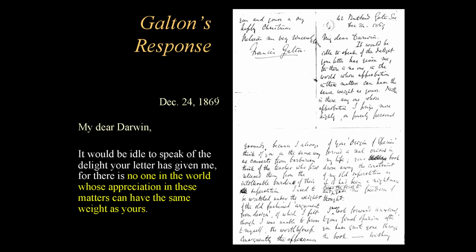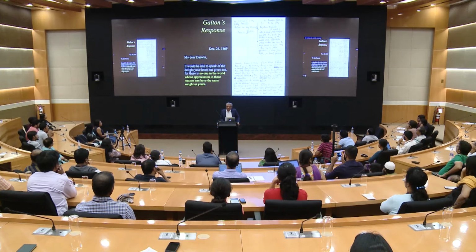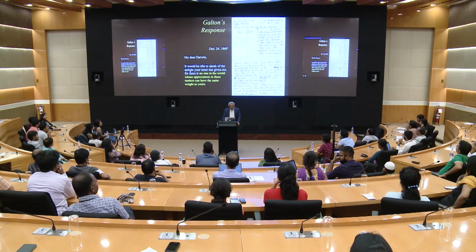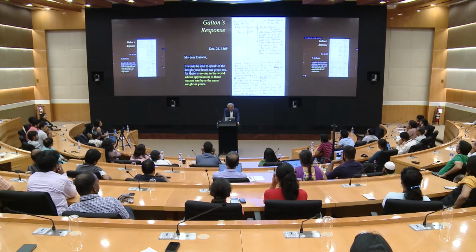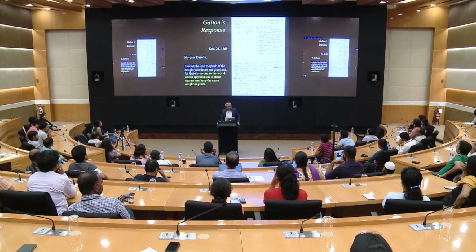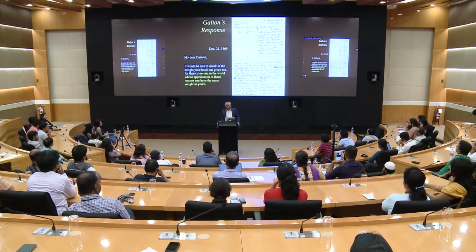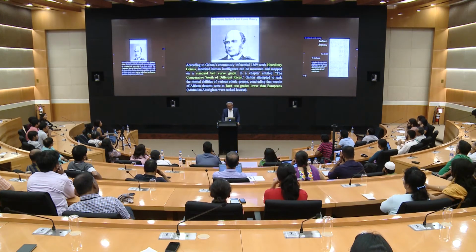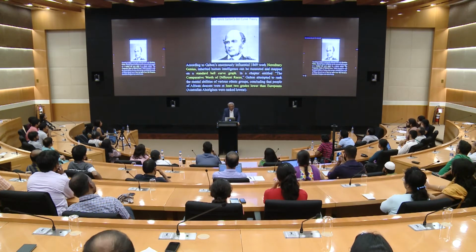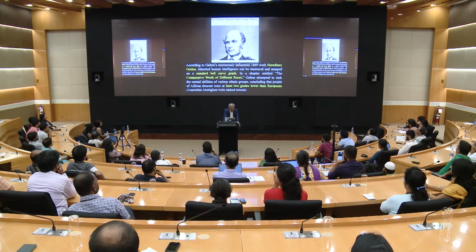In response to this, Galton wrote, "Nowhere in the world is there anyone whose appreciation in these matters can have the same weight as yours." So Galton was impressed, happy. He got a positive response from Charles Darwin, which was not the response Darwin perhaps should have given him. But in any case, Galton was encouraged, and he went on to write more books, and he went on to do more stupid things. One of the things that he came up with was Francis Galton's famous bell curve theory,